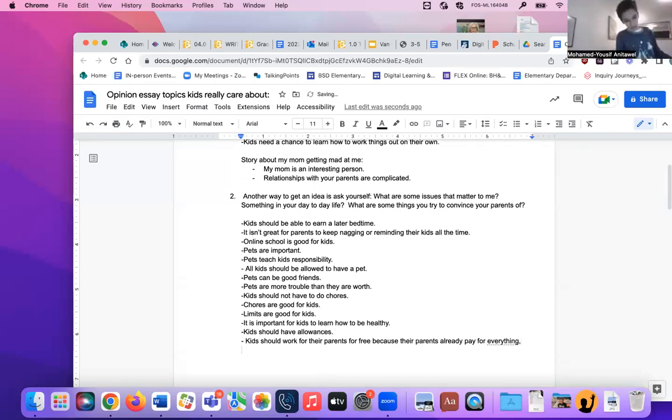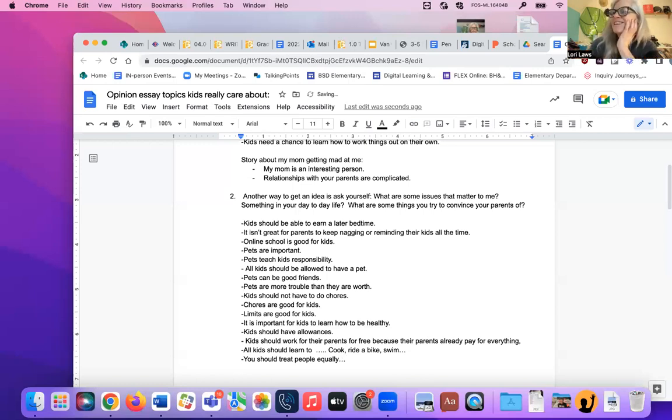What about things like responsibilities? Do you think kids should learn to cook? Do you think kids should all learn to swim or ride a bike? Yes. Are those things important? Yep. All kids should learn how to cook, ride a bike. How about swim? All kids should be treated equally. Okay. Do you think just you should treat people equally, or other people should treat you equally? Equally. Okay, that's a good one.